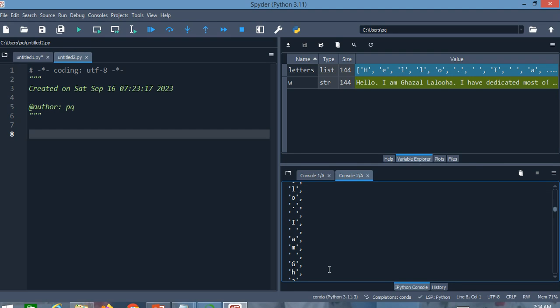G has the index 12 and is placed on the 13th location in the list. The next member should have the index 16 and should be placed on the 17th location